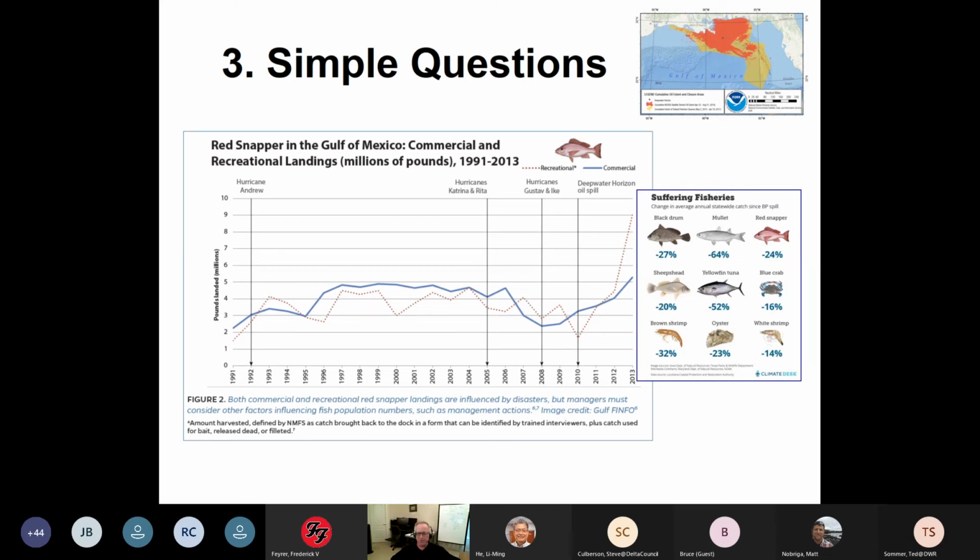So this is the oil spill, Deepwater Horizon, that I was heavily involved with. And what you see are the blue and red lines. That's red snapper. Those who know the Gulf of Mexico know it rivals the Delta Smelt in contentiousness and interest. Everyone was asking us about the crash of the red snapper, and there are commercial and recreational landings for Hurricane Andrew, Hurricane Katrina and Rita, Gustav, and the oil spill. And well, that didn't change much. And yet others were talking about how the oil spill caused big percent changes, including to red snapper. So simple questions are very difficult to answer.